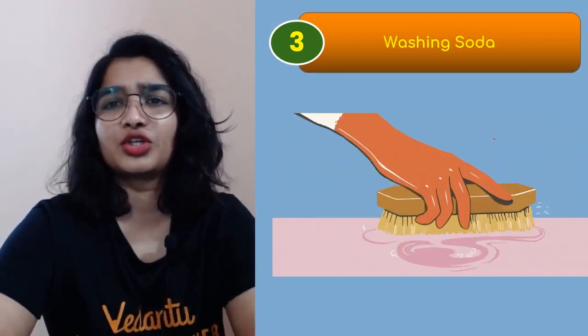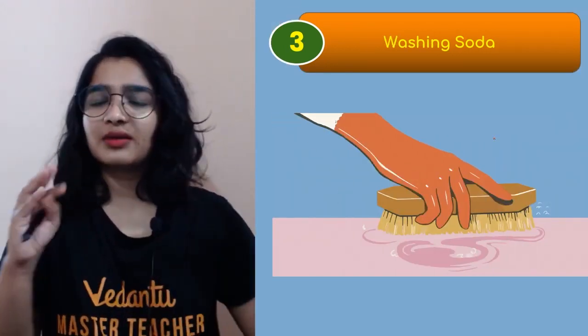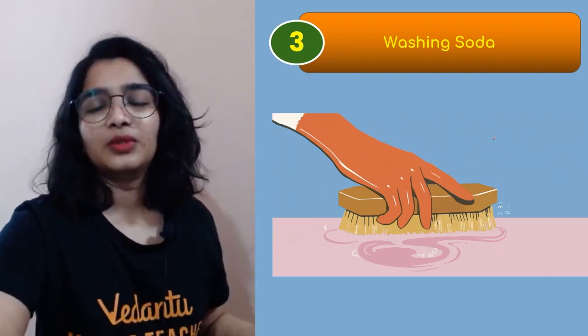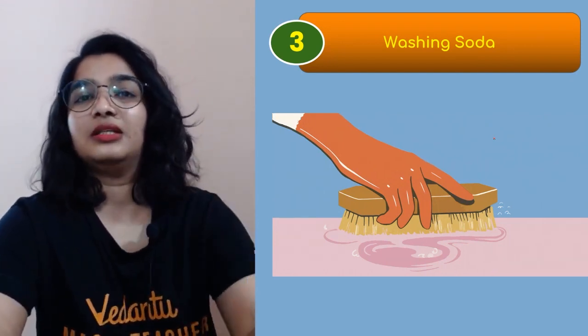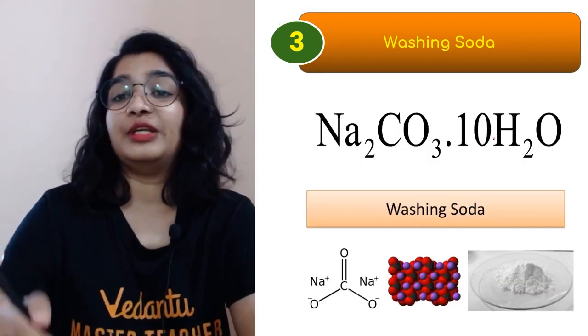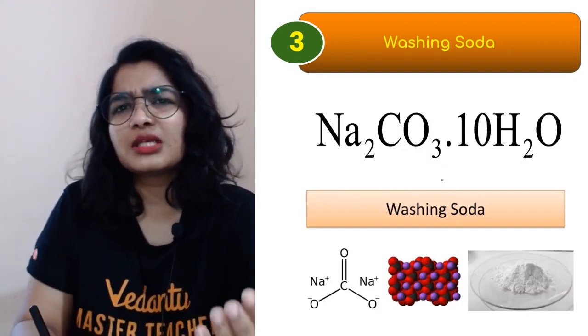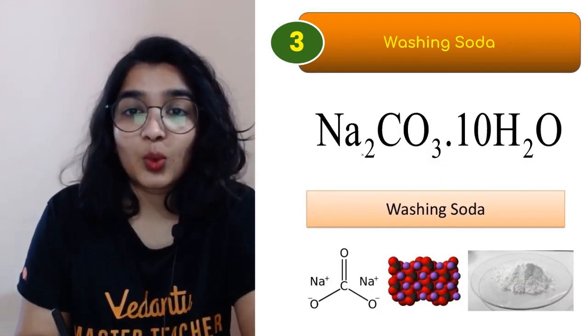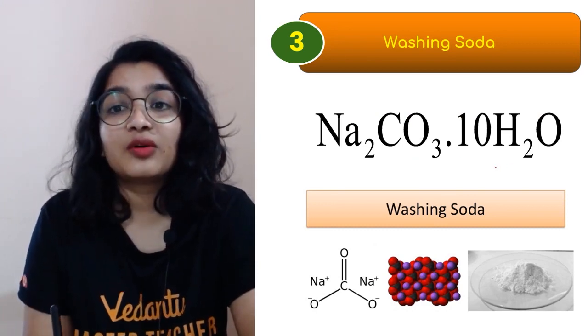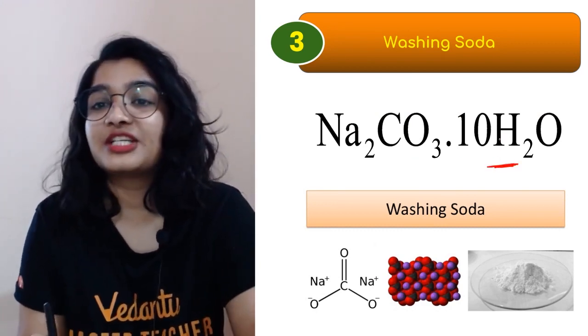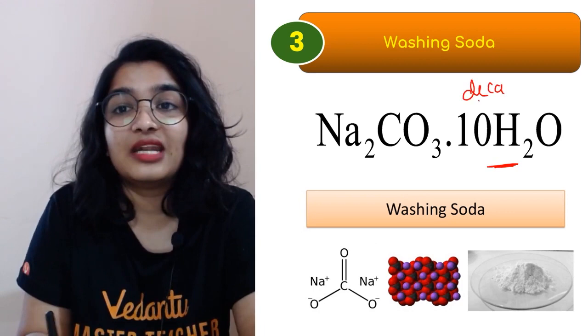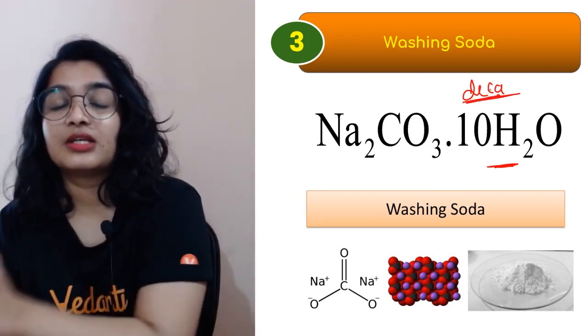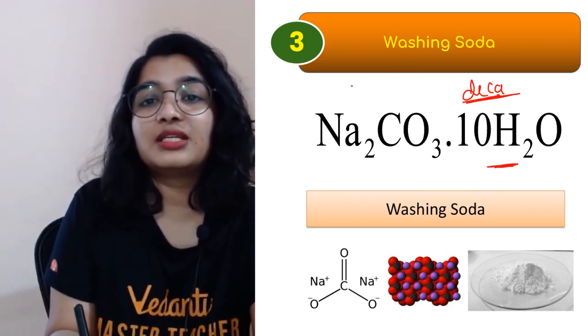The third one is washing soda. We have been using washing soda to represent the compound Na2CO3.10H2O. But what is its chemical name? It is sodium carbonate. But what about the water of crystallization? Deca means 10, no? Hydrate. So sodium carbonate